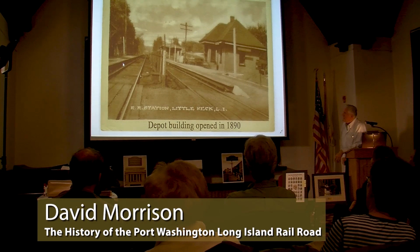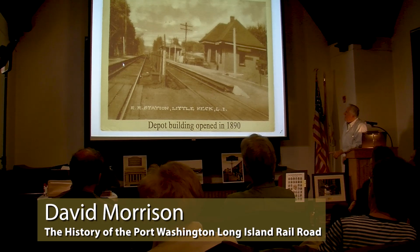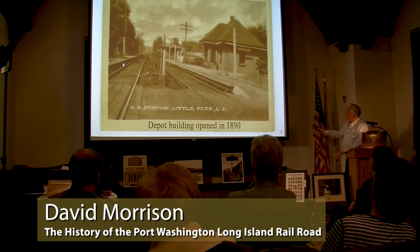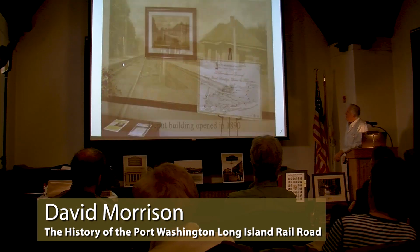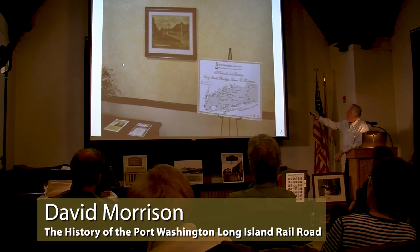This is the Great Neck. Little Neck, I'm sorry. I'm pushing myself ahead. Little Neck Station. And this was a postcard view that I had. If you see the side, you can't see what it says on the sign, but at the Little Neck First National Bank, they have a nice framed